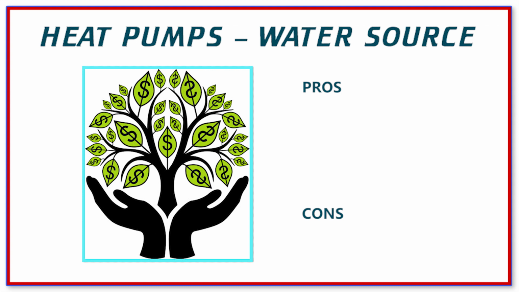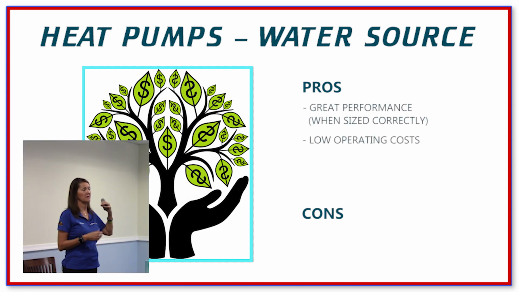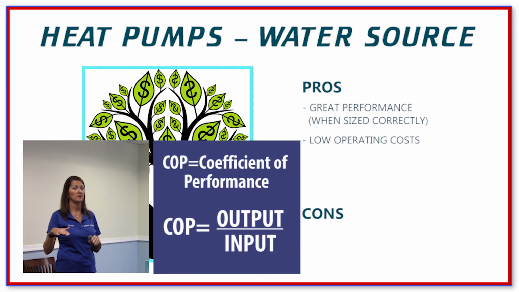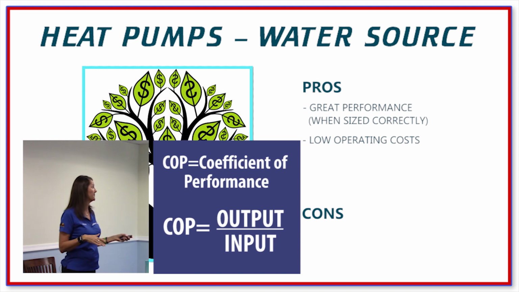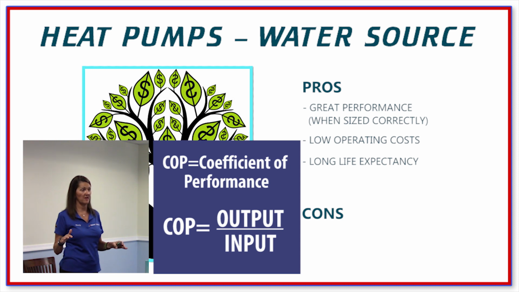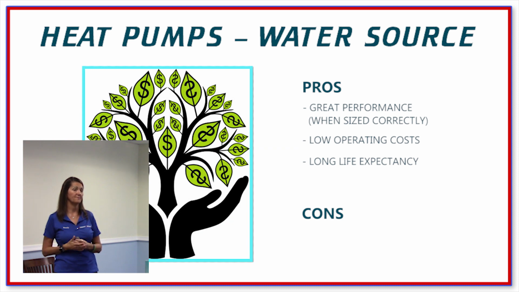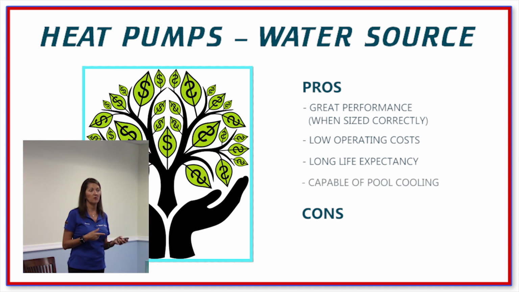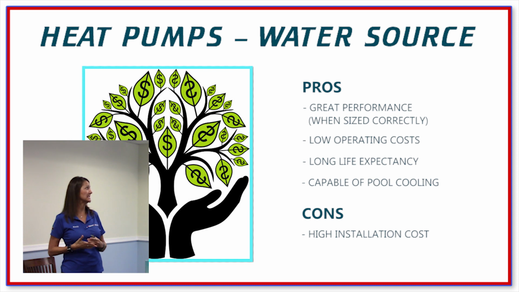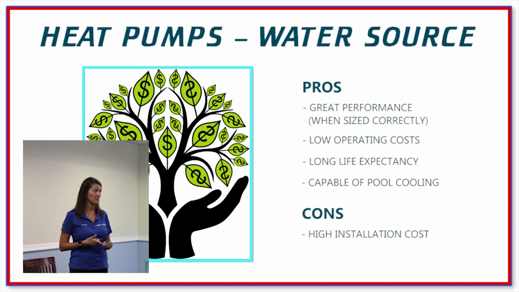Pros and cons of the geothermal. When it's sized correctly, you don't need a backup at all. The operating cost is the lowest because the COP on a geothermal starts around 5, whereas the air source is 4. Okay? It has the longest life expectancy of any system available. The serviceable life of a geothermal is anywhere from 15 to 20 years. All our geothermal are capable of cooling, except for our Model 50, which heats the spa usually, and it doesn't cool.